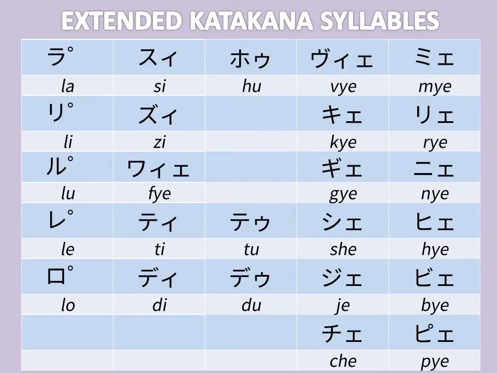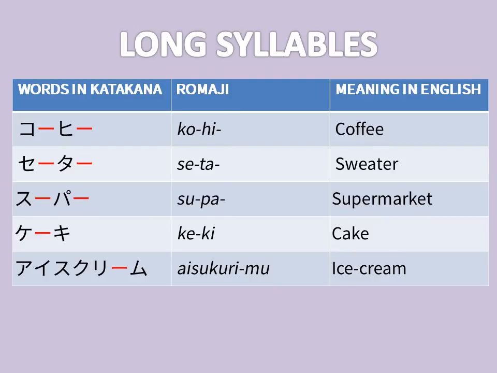And here in katakana, if we want to elongate any sound, we just add a dash or a hyphen after the character. It could be a vowel, it could be a consonant, doesn't matter. So by vowel I mean the a line, but here, unlike hiragana, we don't have any problem. In hiragana, we had to add a separate set of syllables to elongate the sound, but here we only have to provide a small hyphen after the character.